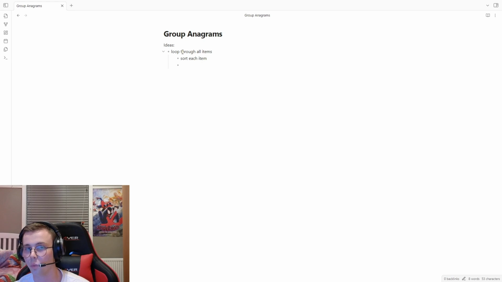And then once I've done that, so sort each of the items, TEA would become AET, ETA would become AET. All of the anagrams would then be the same. I don't know if that makes sense, but if there are anagrams that exist, then they will both have the same letters, and they'll also be in the same order as each other, so it'll be easy to group them together. So once you've looked through all of the items,